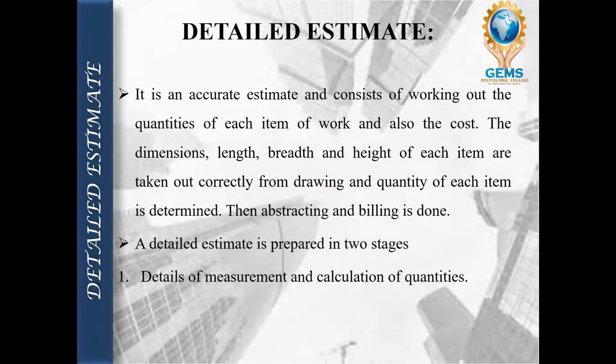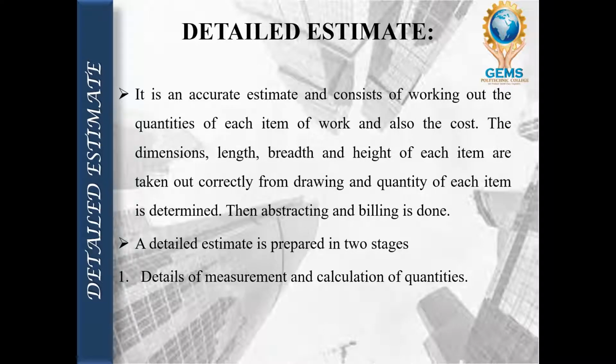Detailed estimate is prepared after its complete set of drawings are ready. Detailed means it is an accurate estimate, right? For calculating each item of work, the quantities of each item of work, and cost, we need to do an accurate estimate like a detailed estimate. We need a set of drawings so that we can calculate in a correct way. The quantities of various items of work are worked out from such drawings and are multiplied by the present rates of items of work to arrive at the estimated cost of the work.